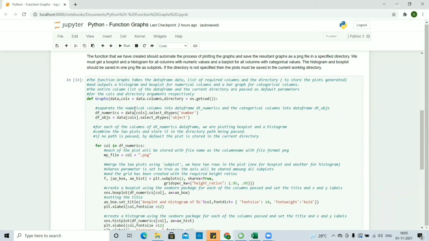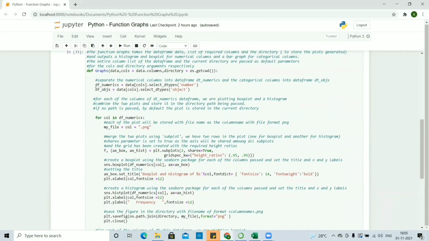The function takes default parameters for the columns, which will be all the columns in the data frame, and the default parameter for the directory is the current directory. Now we'll be dividing the data frame into two, one which will store all the numerical columns, and the other data frame which will store all the categorical columns. We have named the data frames df_numerics and df_objects.